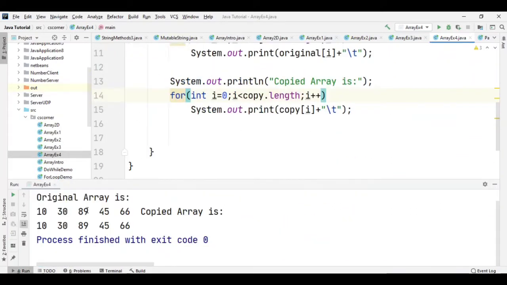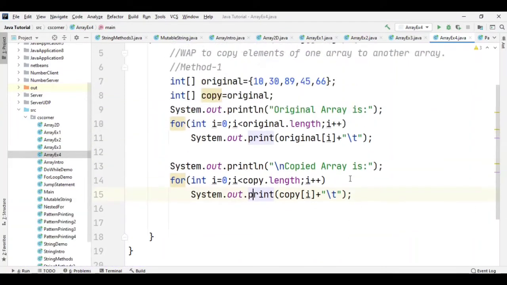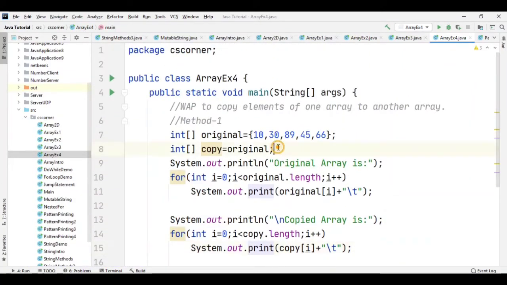It is printing 10, 30, 89, 45, 66, and in my copied array also it is printing the same values. Let me put one \n over here so I'll get proper output. So the original array and the copied array are printing the same values. So this was method number 1, where we have just assigned the reference of one array to another array.